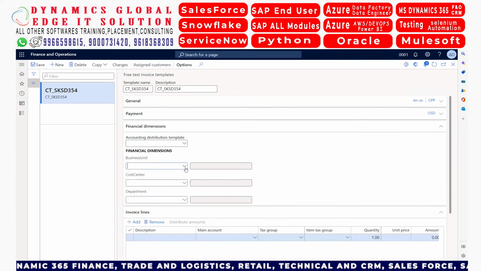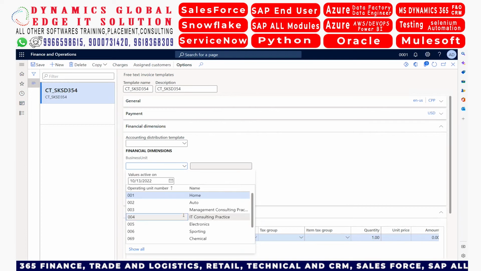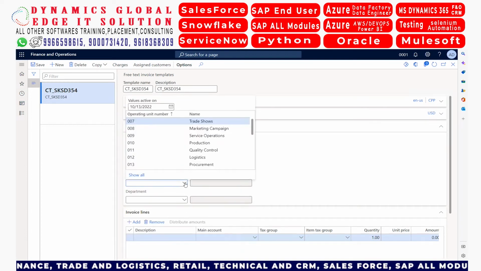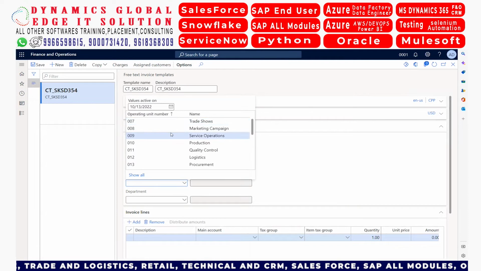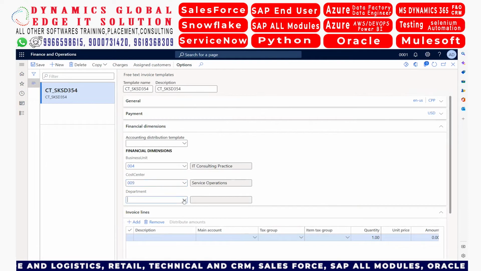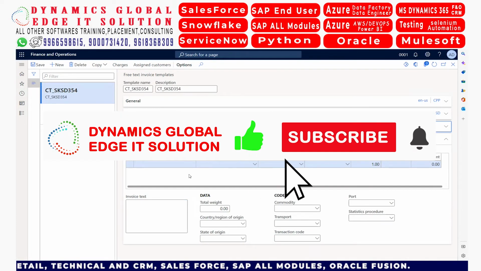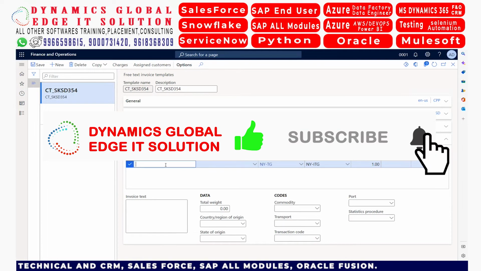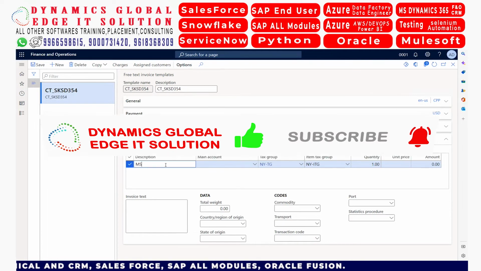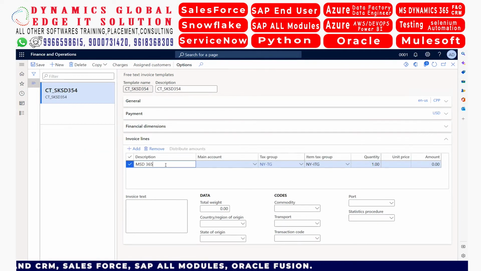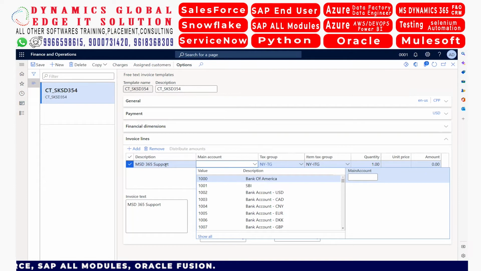If you have any fixed financial dimension, you can select it. Otherwise, you can skip this as well. Service operations, and then you can find IT department here. This is about invoice lines, and here you can enter the invoice line. This is about the item, Microsoft Dynamics 365 support. What is the amount? Revenue